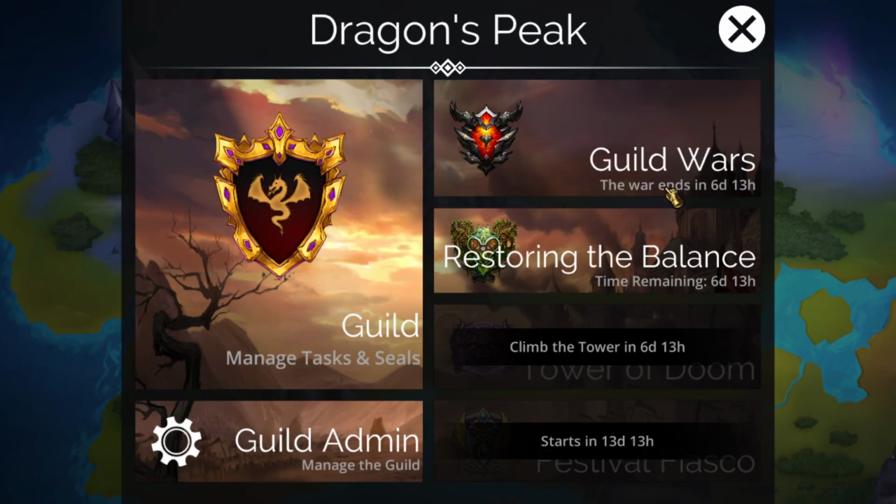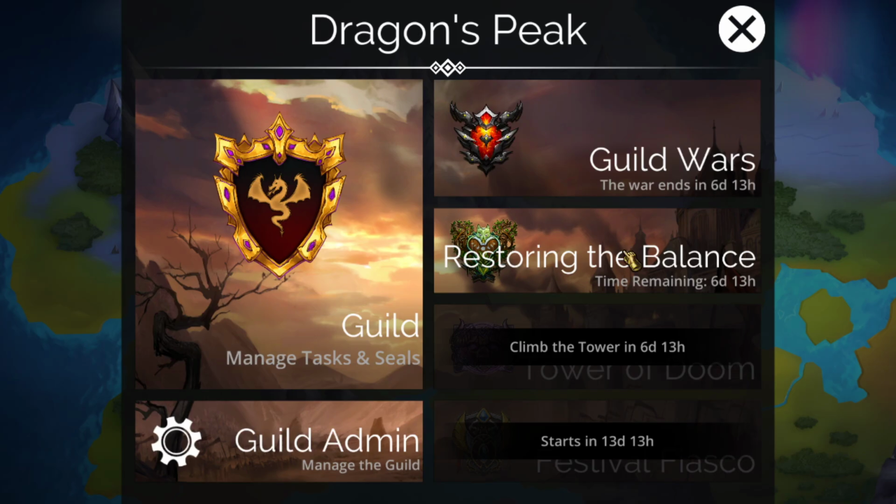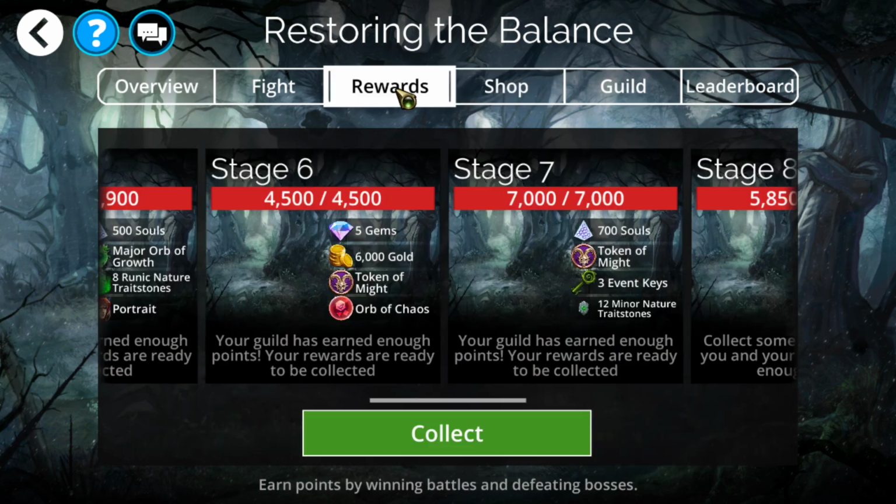Anyways, as far as other things that we got going on this week, we do have Guild Wars, so remember to set your defend teams and all that good stuff. We'll be streaming every single night at 8 p.m. Eastern Standard Time, as we always do. Aside from that, as far as the faction event,